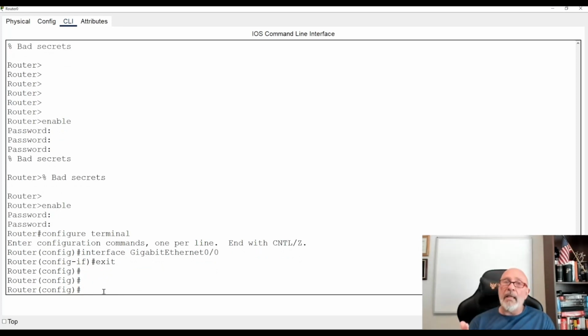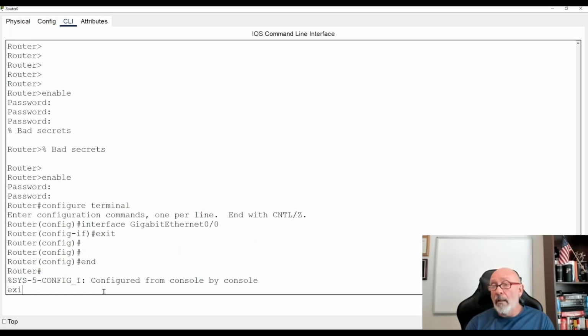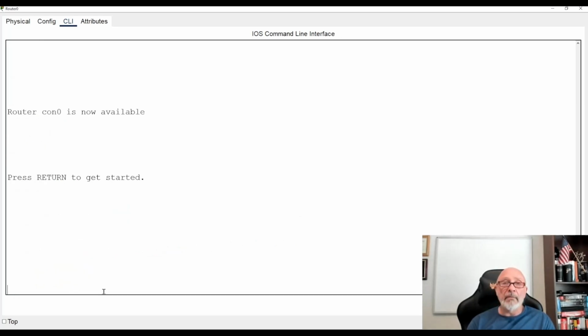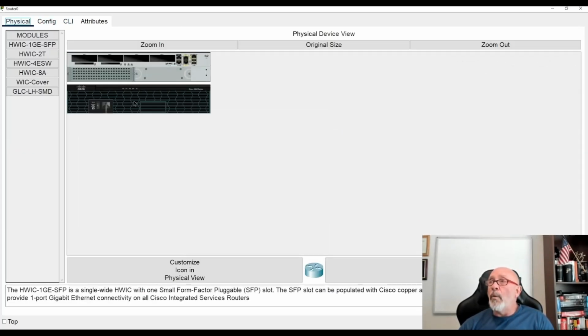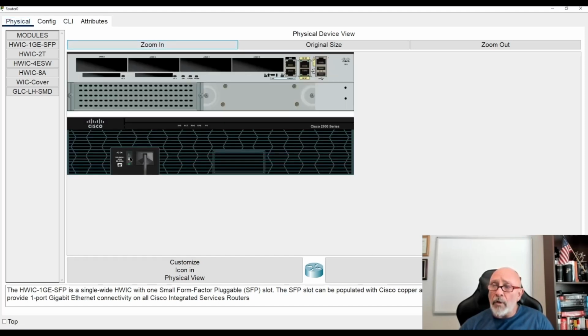All right, but let's say he disabled the config, or let's say that you're in a real world situation and you just can't log into your router. All right, you just can't log in, period. Right, you can't log into it. So what you need to do, obviously you don't hit a tab, you will go to the back of it and hit the power button. So what we're gonna do, we're gonna turn off the router. Let me zoom in.